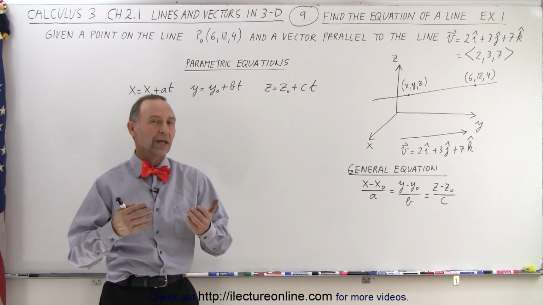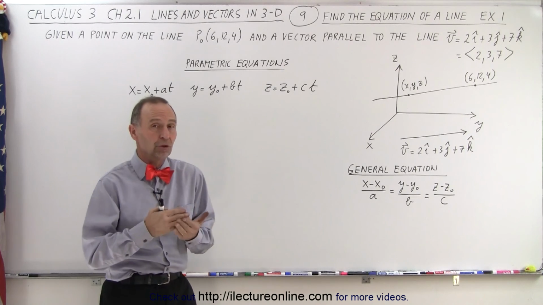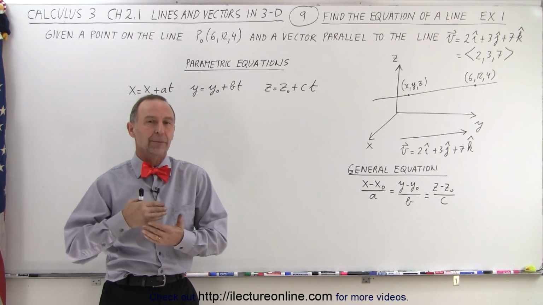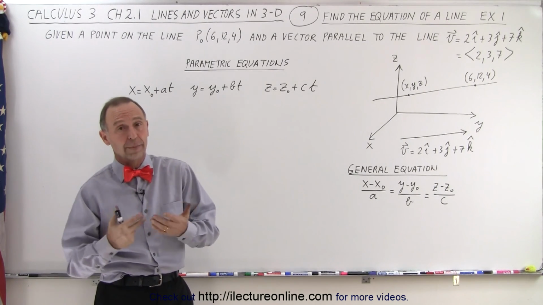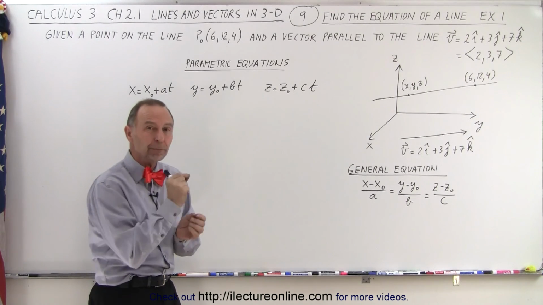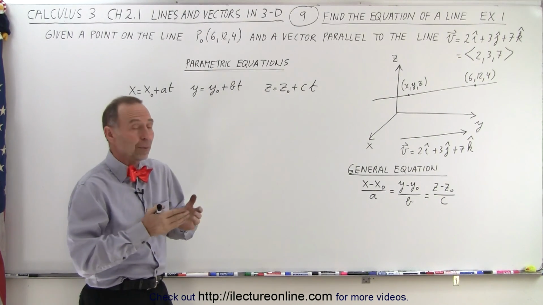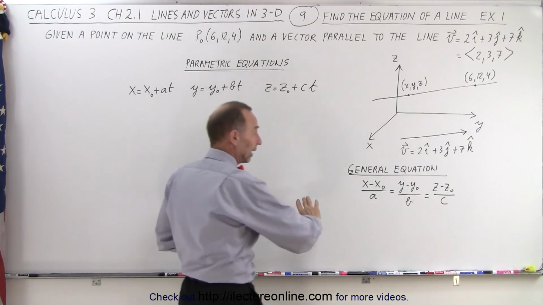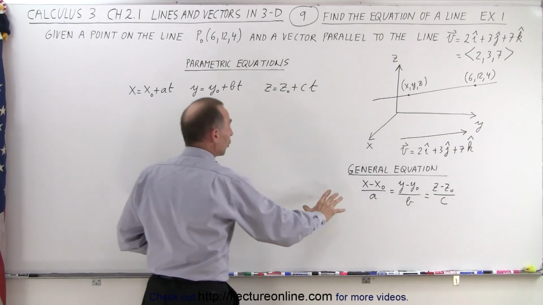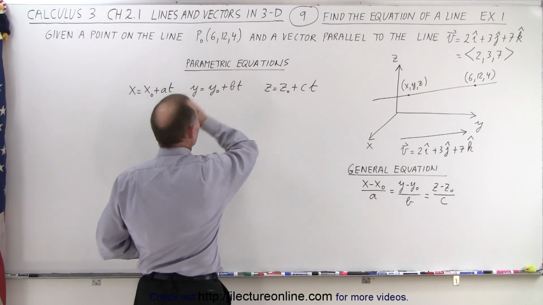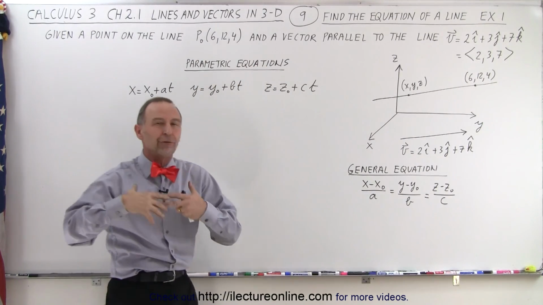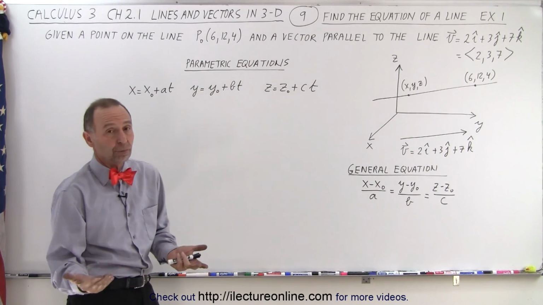Let's now work out an example where we're trying to find both the general equation and the parametric equations of a line in three-dimensional space given a single point on the line and a parallel vector. Recommended is that we write down the general equation for both the general equation and the parametric equations. In other words, the general form of the equation, and then all we have to do is plug in the